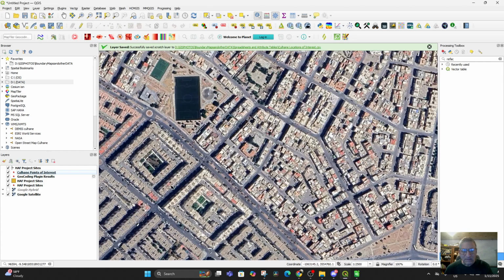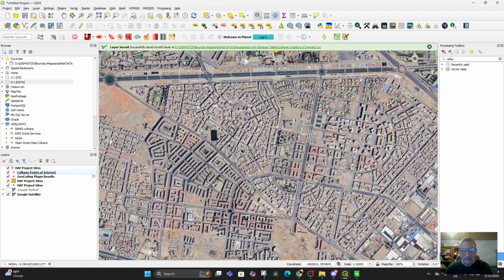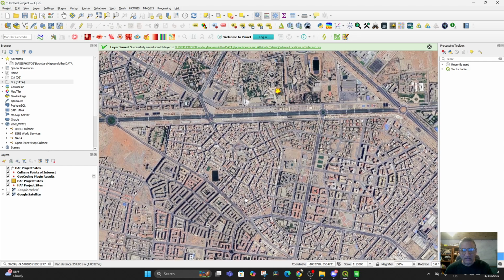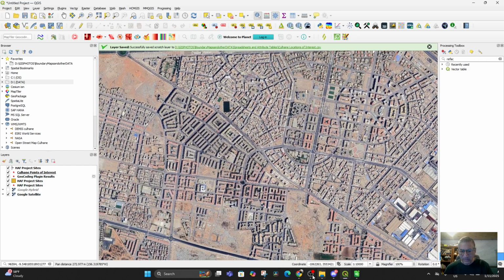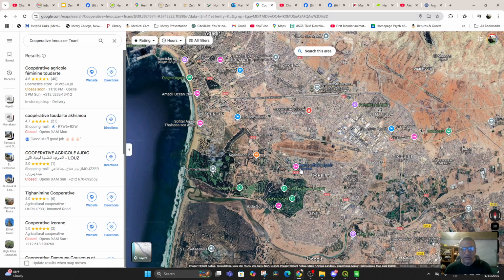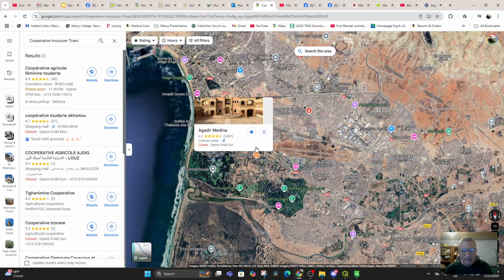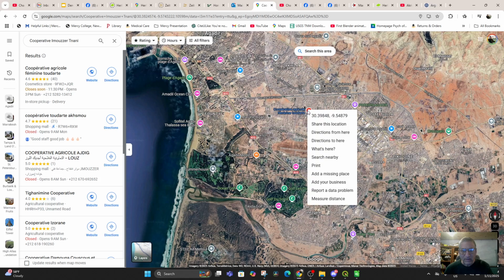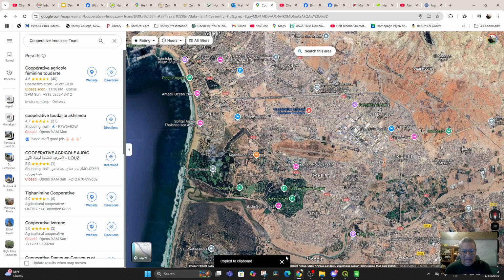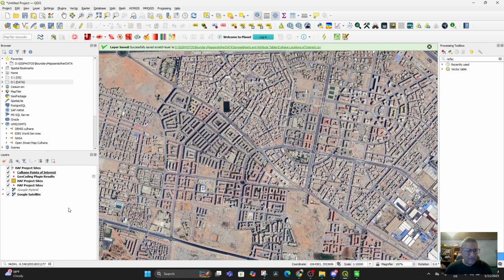Which color is coming? No. Should be a big color. Should be yellow. But that's the Faculty of Science. So clearly there is an issue with this map. If I go to the offices and I right click and I get that and I come into here and